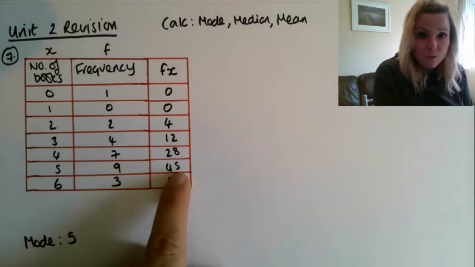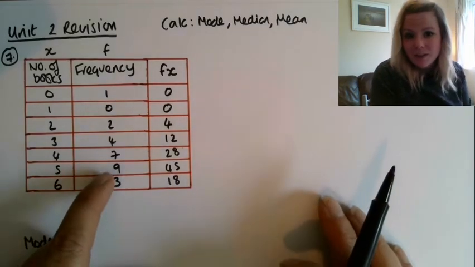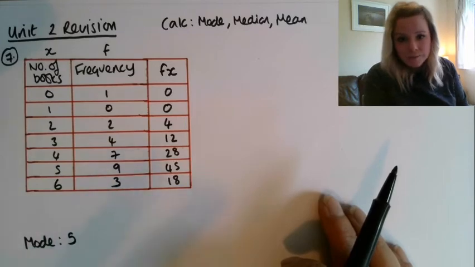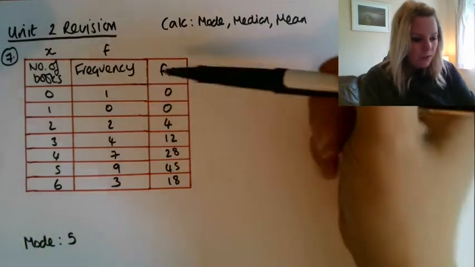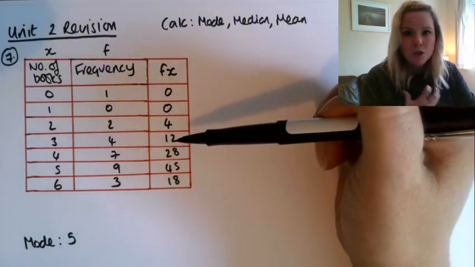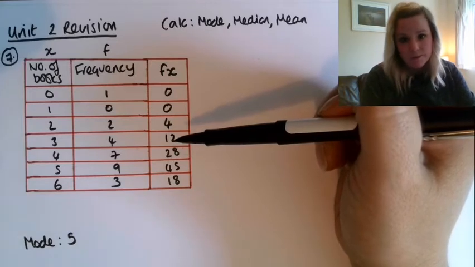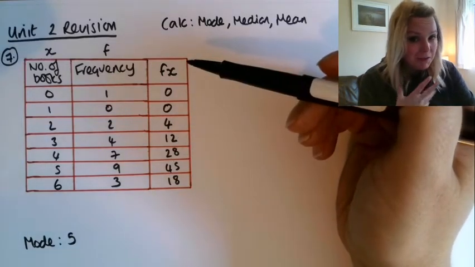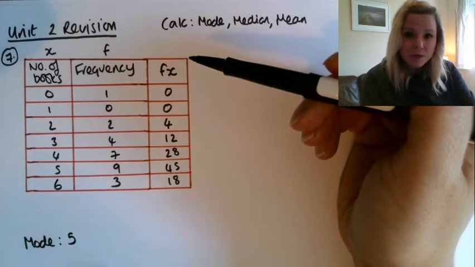This is 45 books in total that were lifted out, and that came from the 9 times that 5 books were lifted out. So in order to add everything up together, we have to find the total of this Fx column, because this is the total number of books that have been lifted from the library. Now, to make ourselves look fancy and to get ourselves ready for maths further on up the school, do you